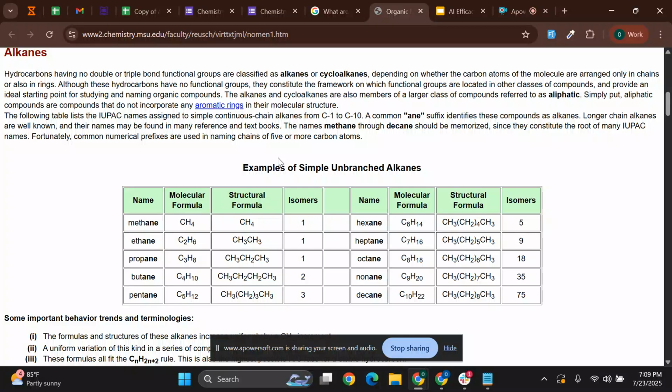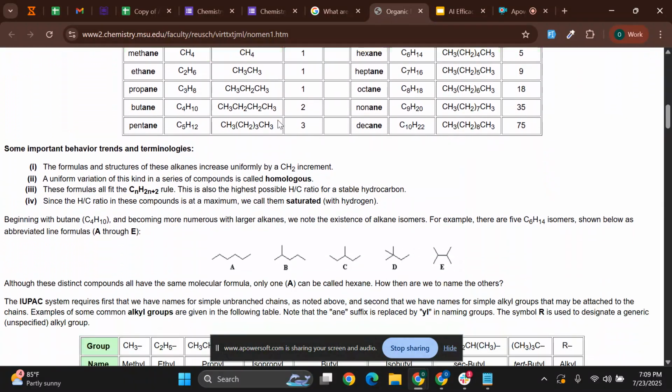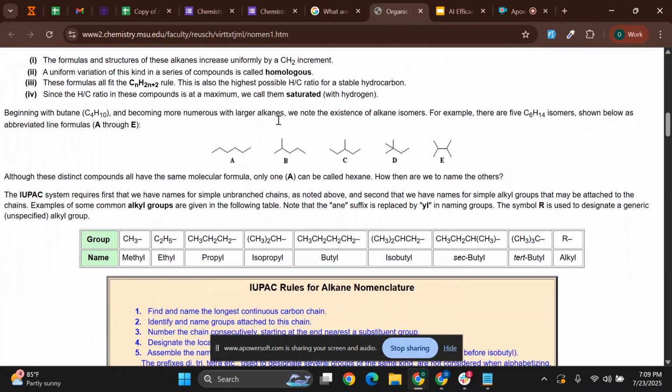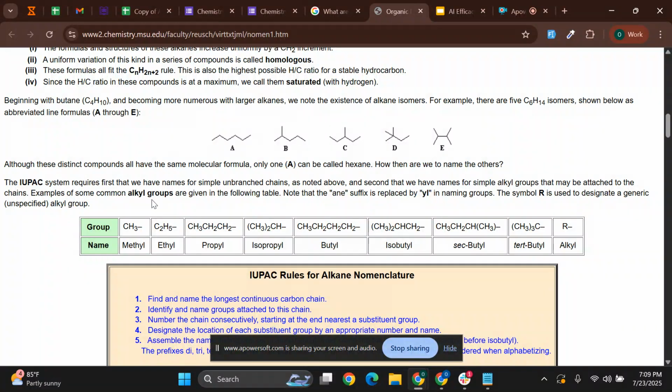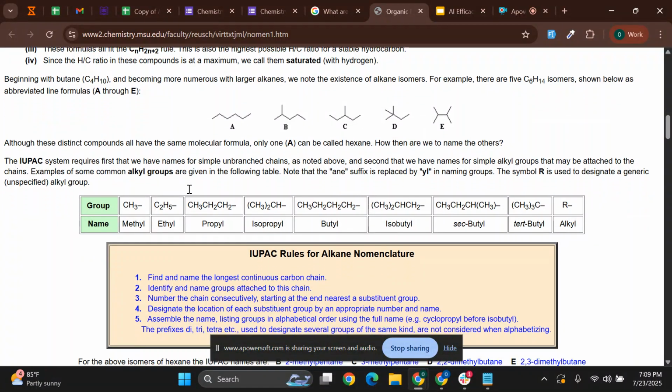The alkanes and cycloalkanes are also members of a larger class of compounds referred to as aliphatic. Simply put, aliphatic compounds are compounds that do not incorporate any aromatic rings in their molecular structure. So the IUPAC system requires first that we have names for simple